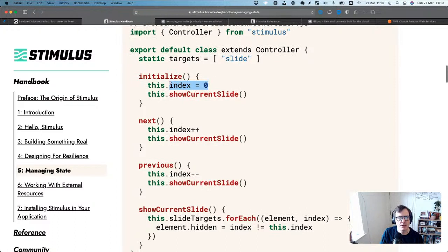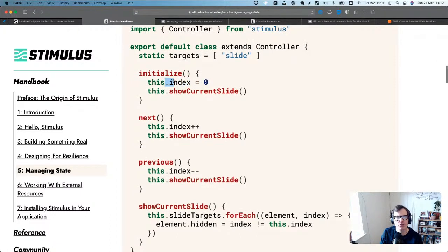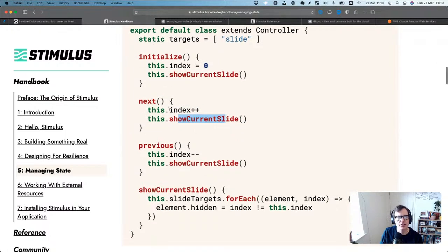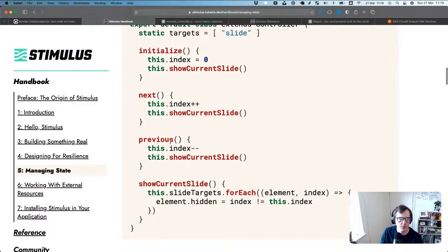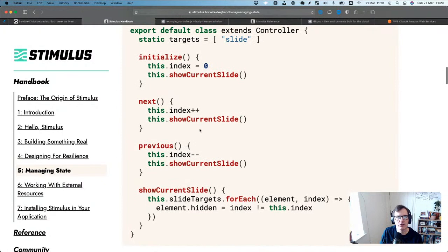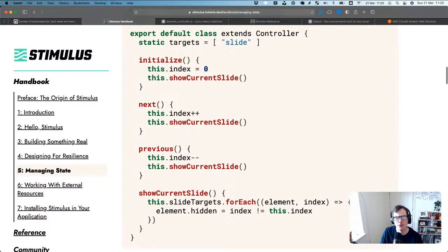But it does create some sort of state because we have indexes now stored here. When we hit the next method, we increment that index. Oh, okay. So is the idea that we increment it and then show current slide immediately puts it on the DOM? Previous then decrements the index. Show current slide. Okay. This slide targets for each loops over the slide targets. And I think that comes from